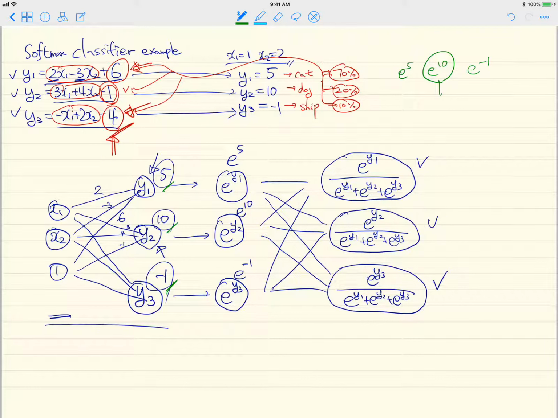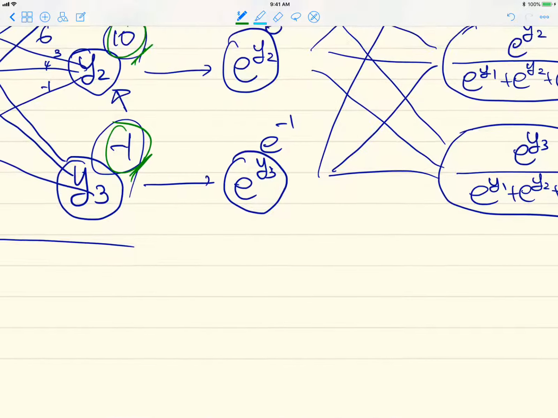This can become really, really large because the exponential function has a really sharp increase, right? What if this becomes a really, really large number that cannot be represented by our computer? In order to avoid this situation, we do a little trick. If we obtained 5, 10, and negative 1,